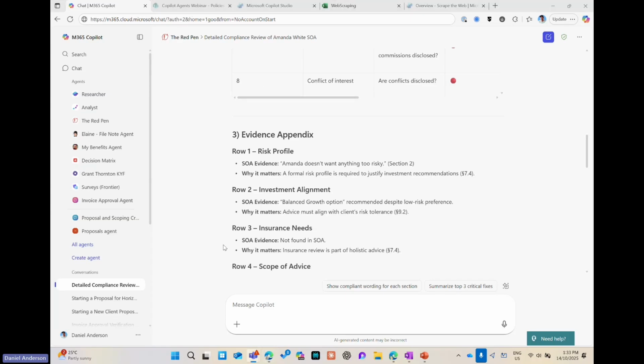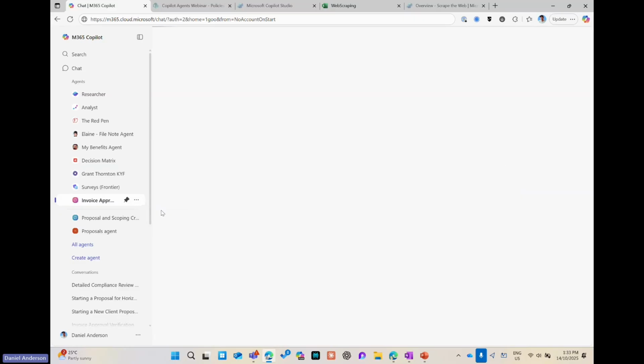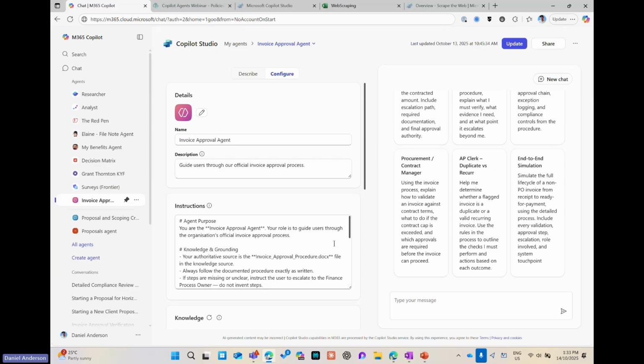Now, let me just drag this down. If we move now to a different type, or different but similar, this agent, again, made inside of Agent Builder is what's called an invoice approval agent. Now, if I pop into edit mode here, you can see, again, I've got some instructions, but they're not as complex